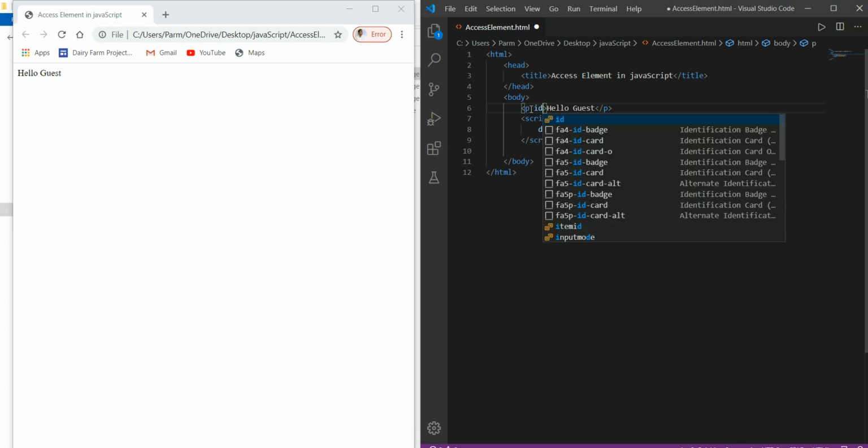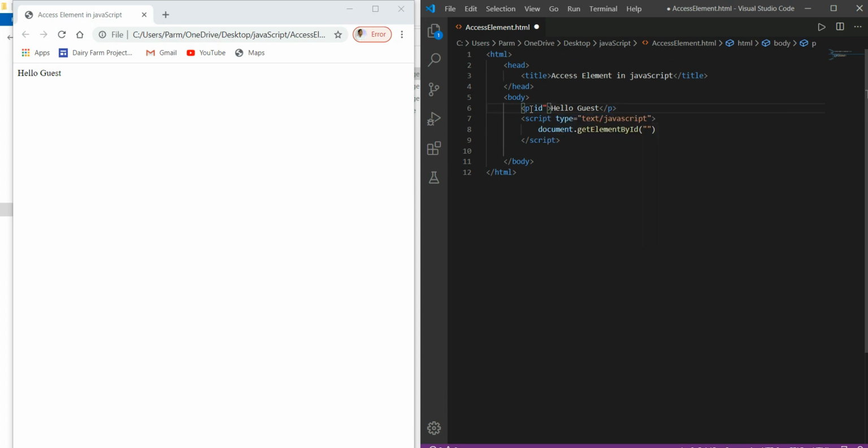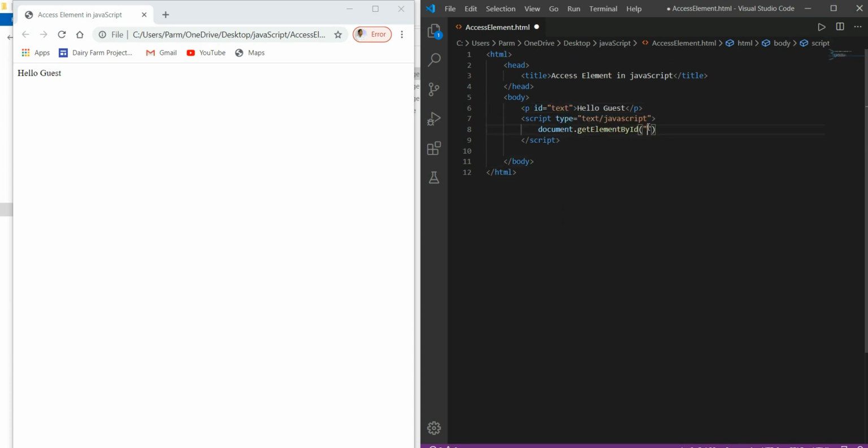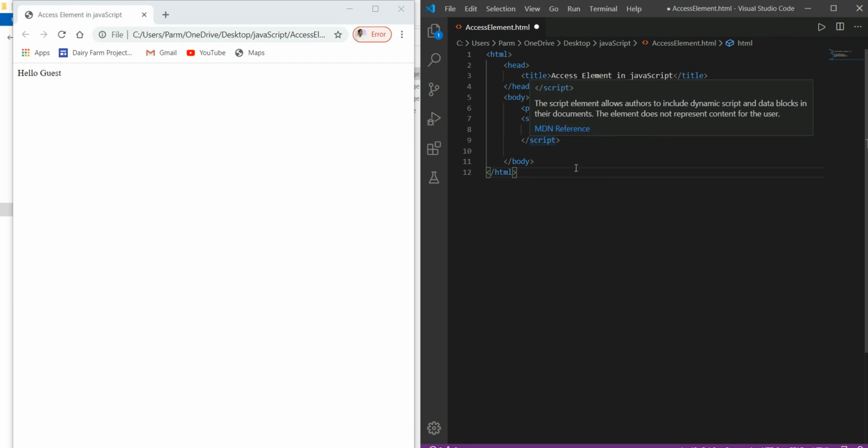An ID is a unique name. So I'm giving the ID text to this paragraph, because we want to make some effect to this paragraph. So here we write document dot get element by ID.